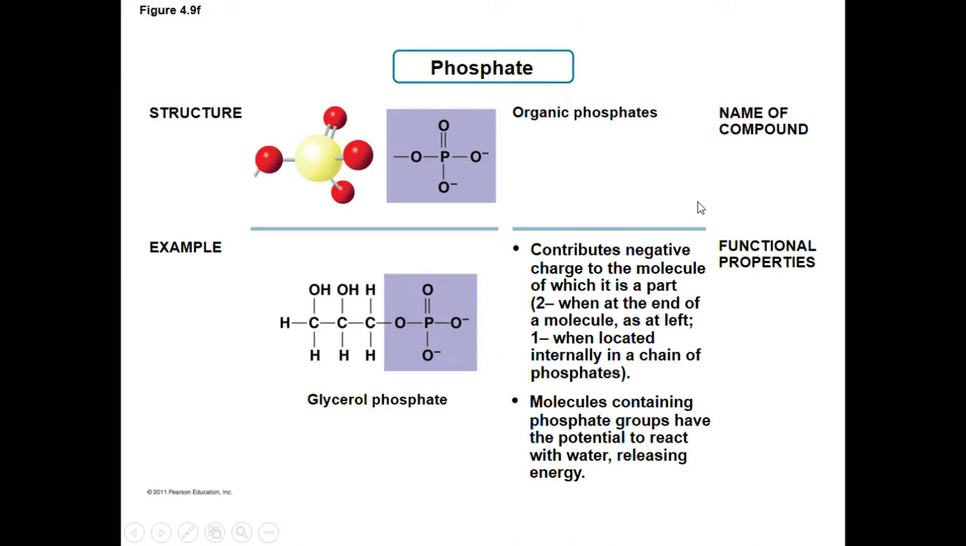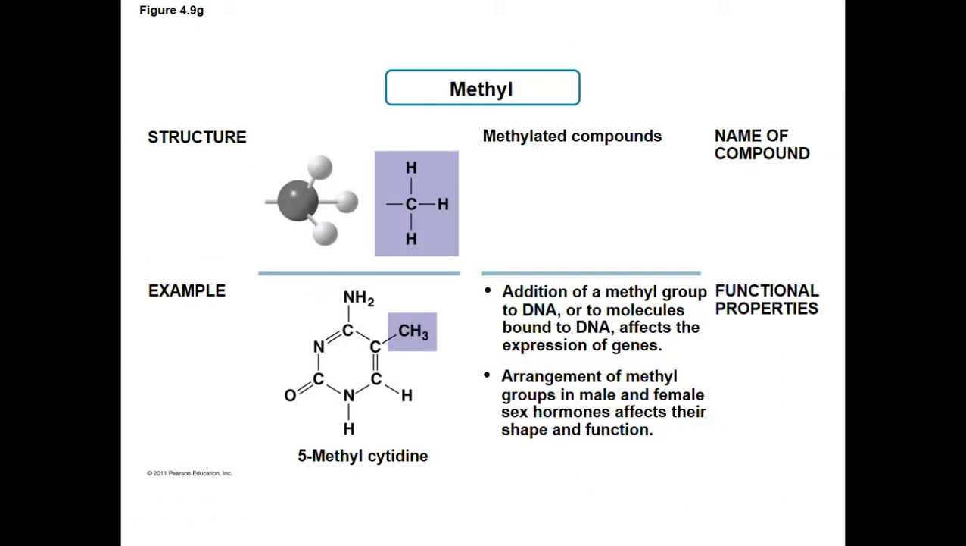And we also have phosphate. We have phosphate groups that we will definitely see when it comes to ATP, and in fact, that's what we're going to be talking about right now. Our last group that we have are methyl groups, and when we talk about DNA, this is going to be very important. As you can see, it's just a carbon, and it has 3 hydrogens attached,